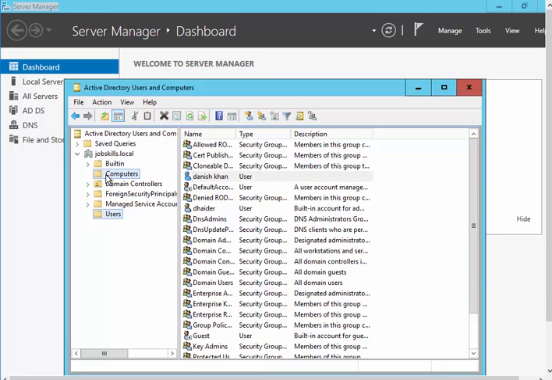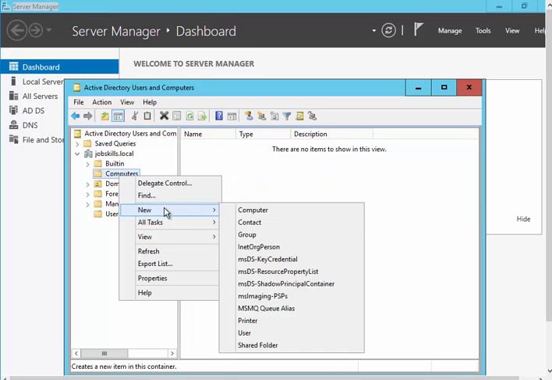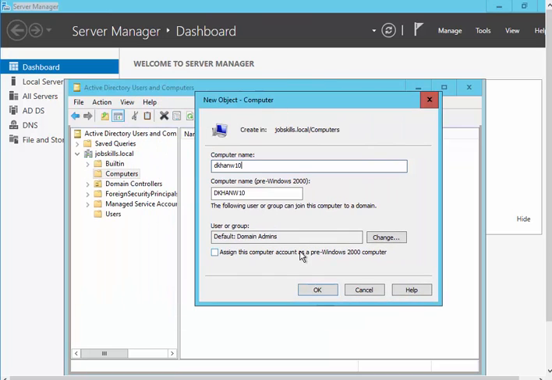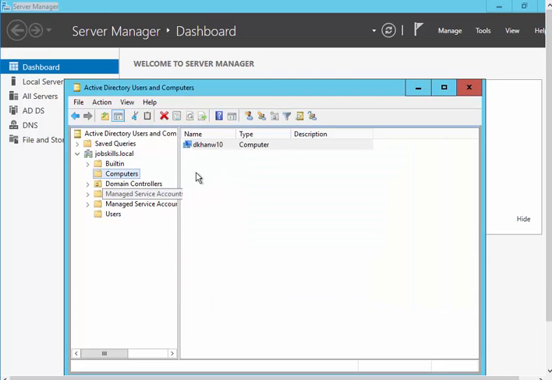You basically go to computers, right click on the computer, go to new, click on computer, and we're going to click on Danish Khan, and he's, let's say, Windows 10. We're going to go W10. Let's say this is the naming format. That's also up to the company how they do it, because for most of the computers you want to keep it the same way, because if it's a name Danish Khan, then you want to put it this way. Maybe that will work for you guys, but it's up to the company. So just the naming thing. So now we have a computer added, we have a user added.